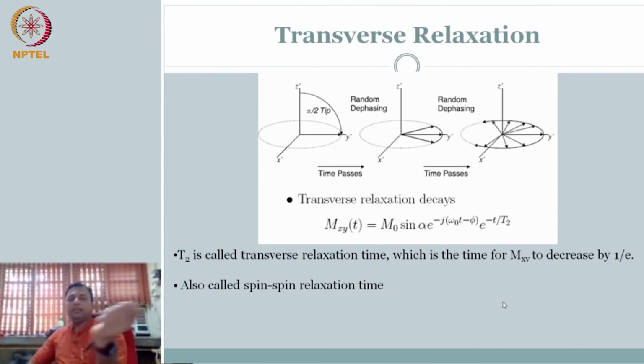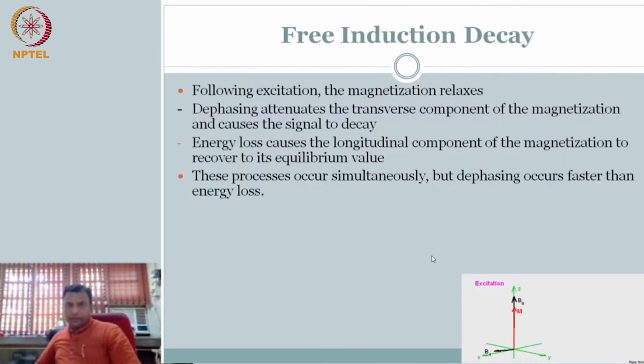The magnetic field, right? The Mxy vector is rapidly rotating in the transverse plane. If I put a coil, what happens? Magnetic flux cuts this coil, current comes in, and then you get the free induction decay voltage, right? So the signal that you actually measure is a voltage signal, that we talked about yesterday. So what happens here is